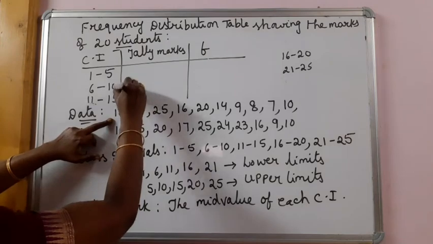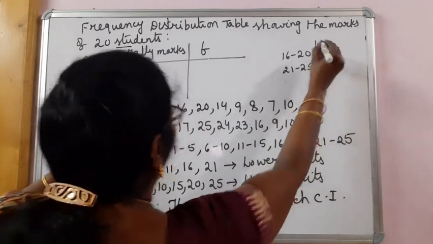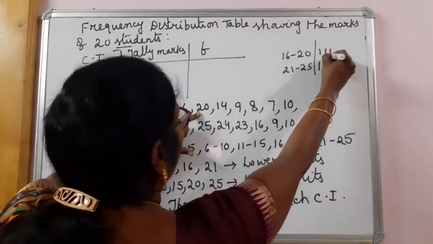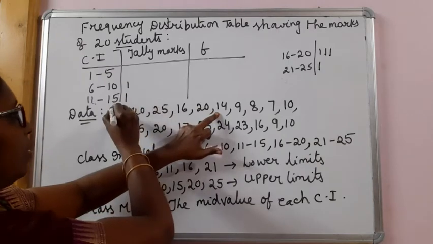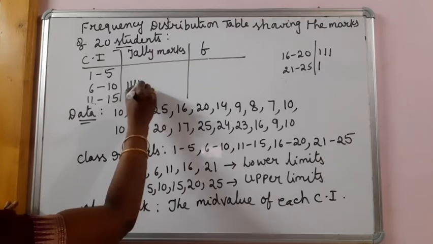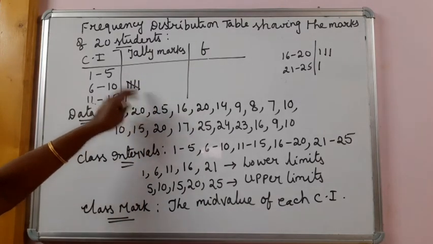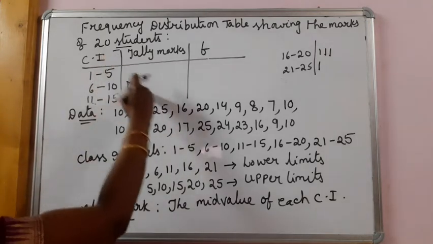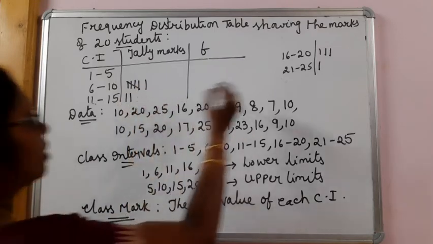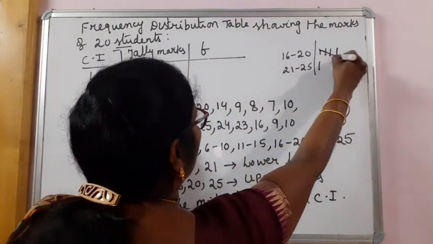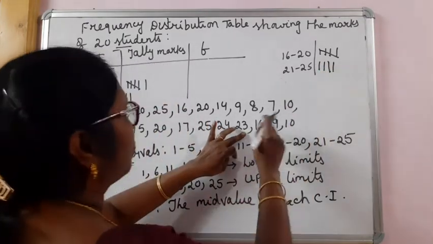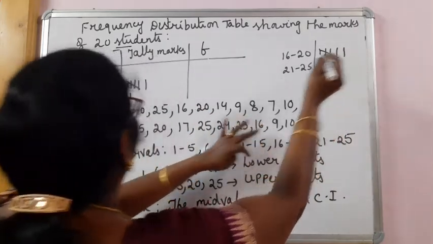10 comes under here, 20 here, 25, 16, again 20, 14 here, 9, 8, 7, 10. Already you know after 4 tally marks, the fifth one will be like this. Again 10, 15, 20, 17, 25, 24, 23, then 16, then 9,